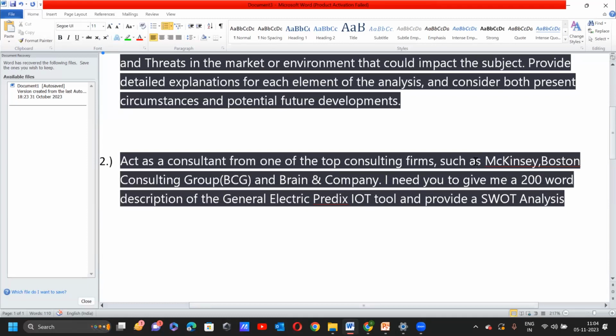For example, your objective is to understand the SWOT analysis for Predix, right? Now, what you will tell is, you are a consultant from a top consulting firm like McKinsey or Boston Consulting Group, Bain and Company. I need you to give me a 200-word description of General Electric Predix IoT tool and provide a SWOT analysis. Copy this entire prompt, right? And if you just paste it in your ChatGPT,